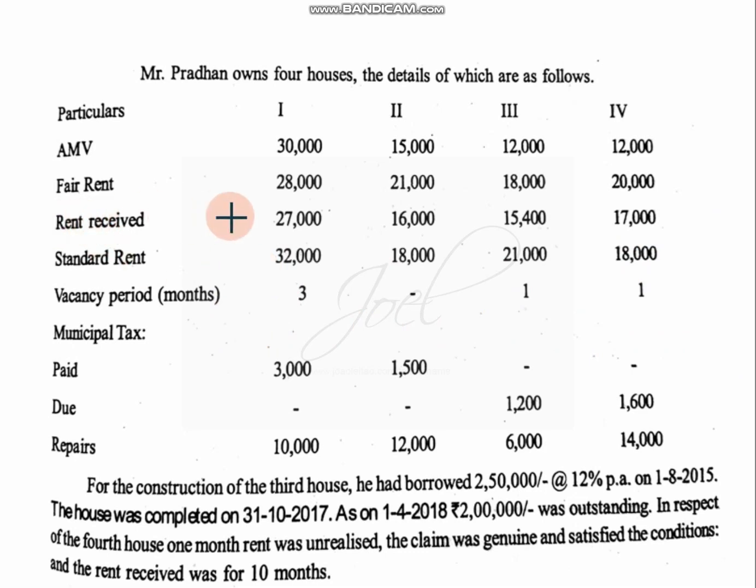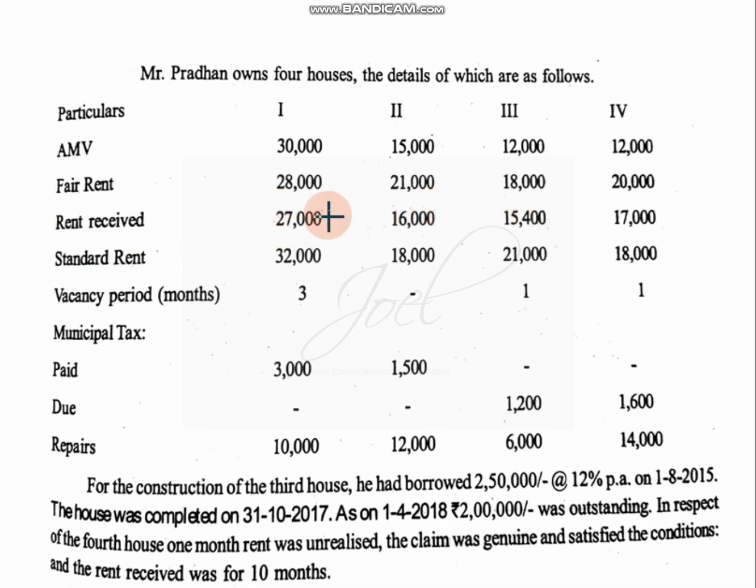Now here in this problem, rent received is given. It is not rent receivable, it is rent received, the total amount of rent for one year. Now the total rent whatever is received is given. For us what is important is whether that rent is received or it is given on per month basis. Now if they give monthly rent, like monthly rent 5,000, then 5,000 into 12 we are going to do.